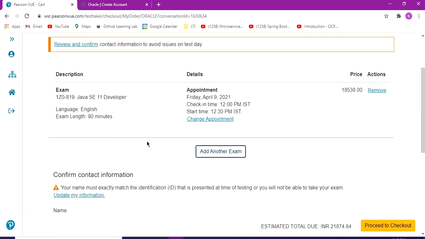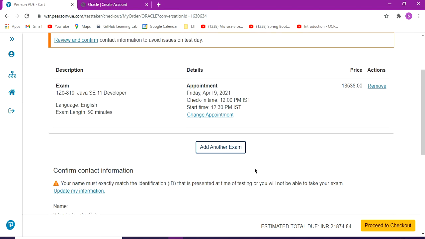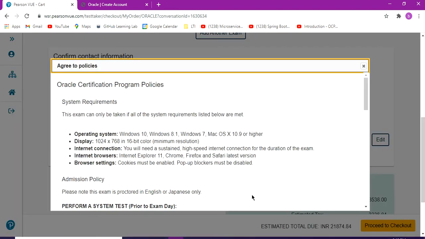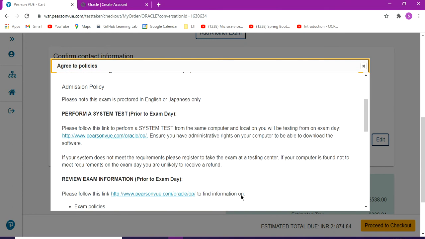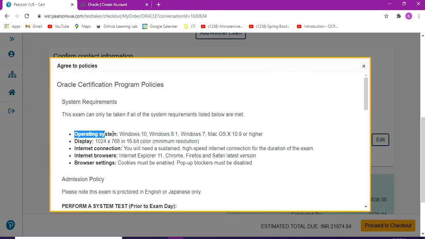If you want to change the appointment, you can change it over here. Change appointment is there. We can also add another exam. Then we can proceed to check out, and go through this also, because this is the main point: what should we follow? It covers the operating system, display, and internet connection.